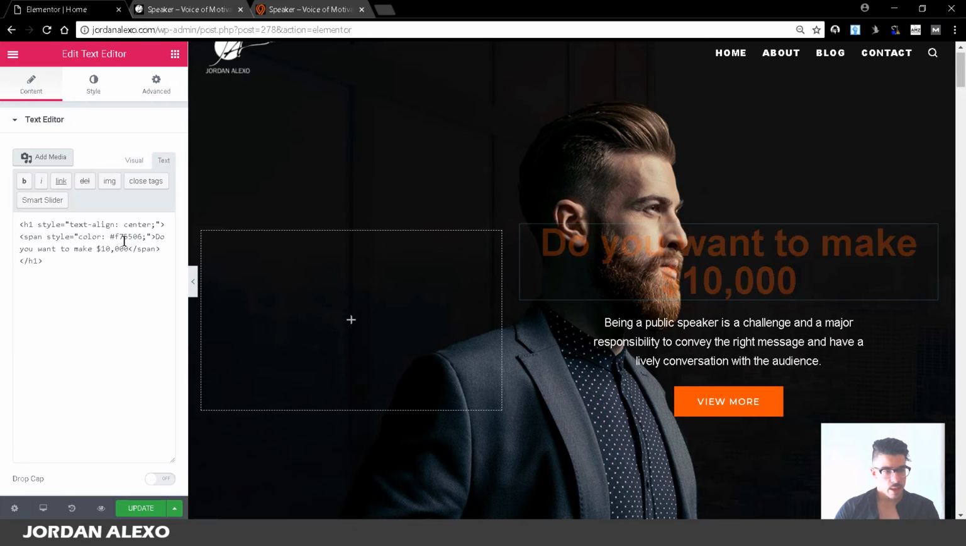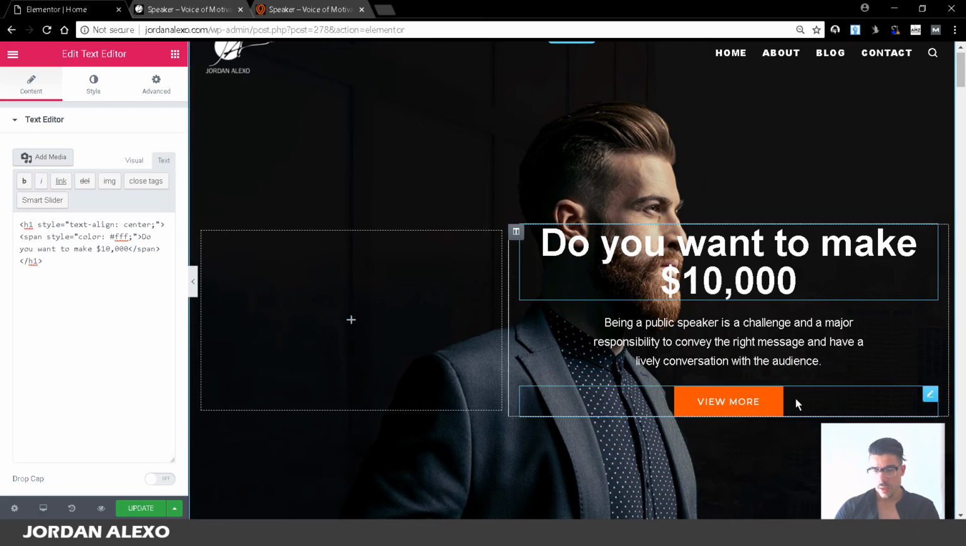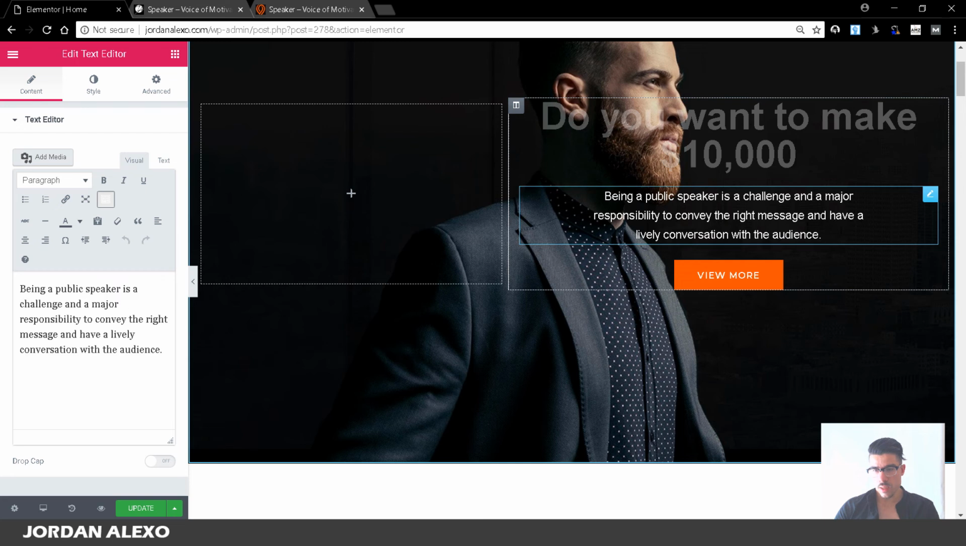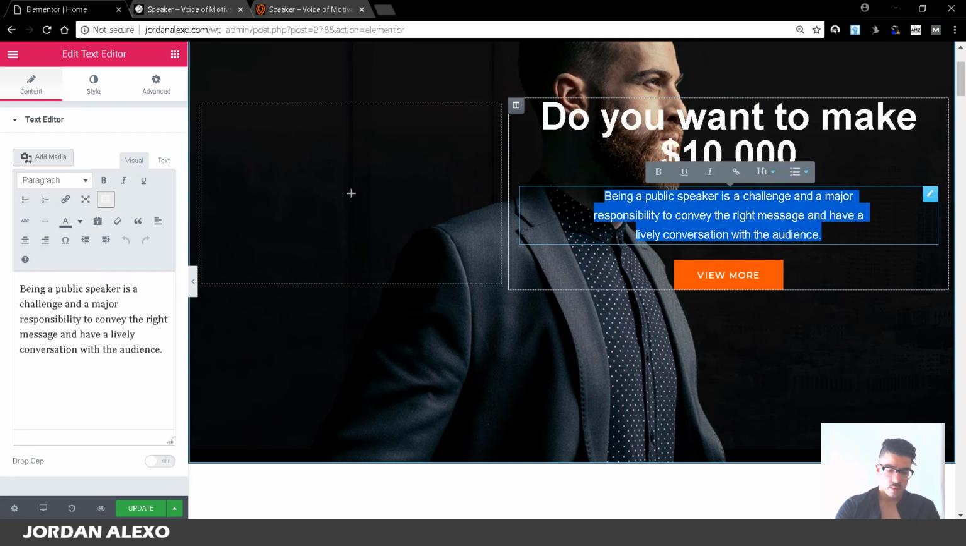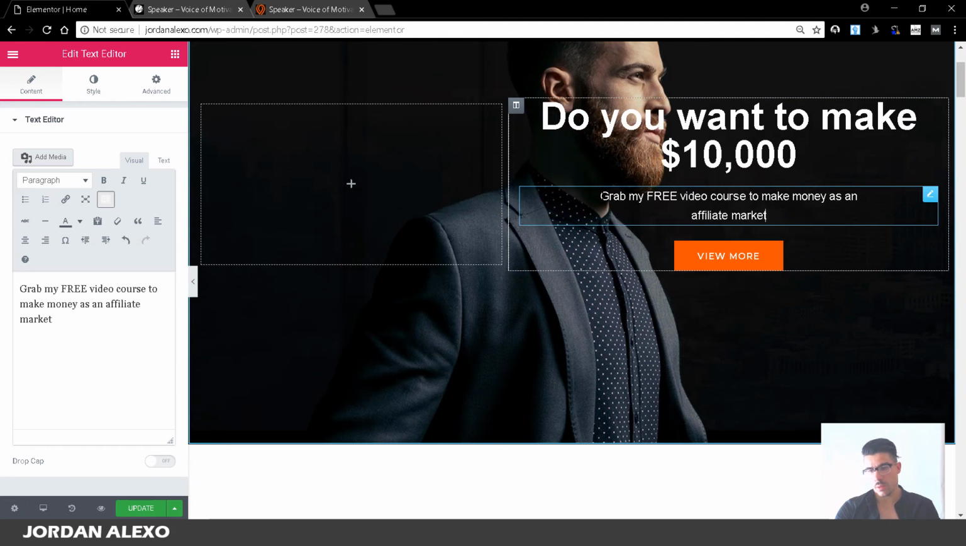So I'm going to change the color for this font. I'm just going to test, and as you can see, this is what is actually changing the color. I'm just going to make it white, and I just put over here 3 Fs because that is the hex code for white, and you can see that immediately changes the color here. And you can also change all of the information pretty much. For example, grab my free video course